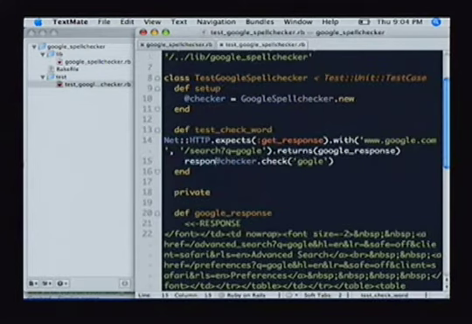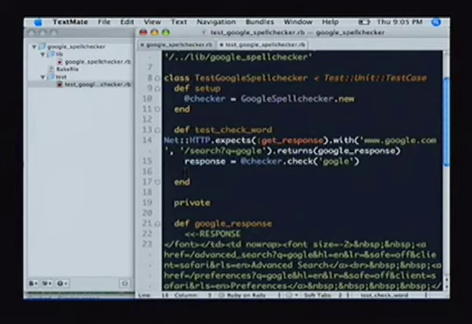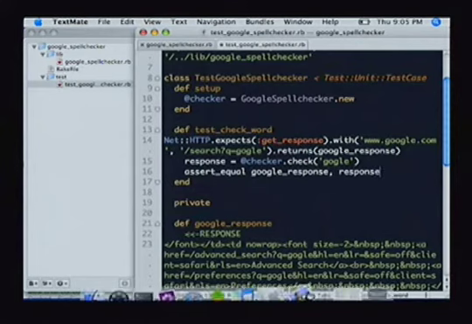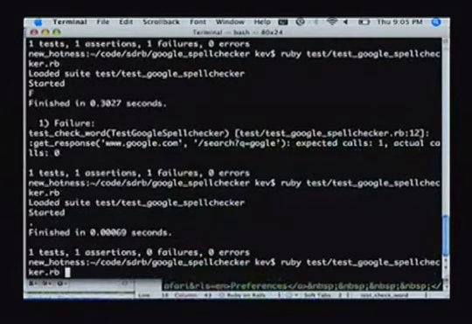And here's a response, and we'll grab it. And in this case, we'll just assert that our stub is working. So it is the same as our Google response. So assert equal, and our expected is the Google response, and it's from response. So now when we run our test,